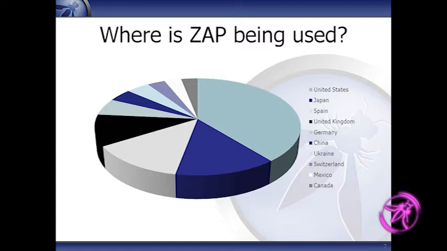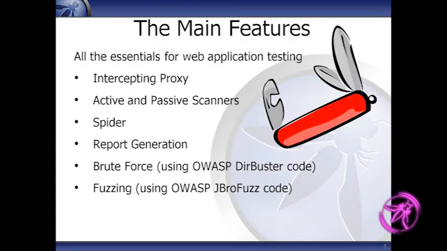So, finally got onto something where I'm actually telling you information. The idea behind Zap is that it's not designed to be a bleeding edge tool. It's not one with a laser sharp focus. It's supposed to be a general purpose tool for testing, pen testing web applications. So the intention is that it will be everything you need if you want to do a basic web pen